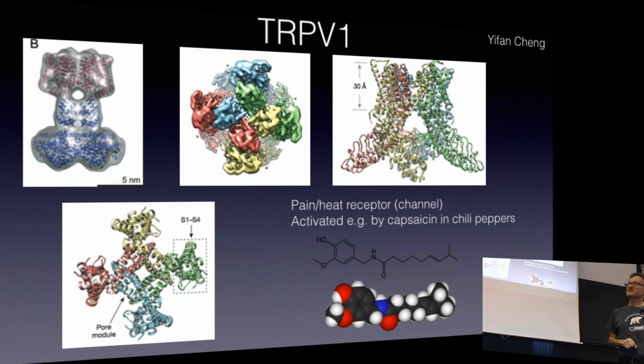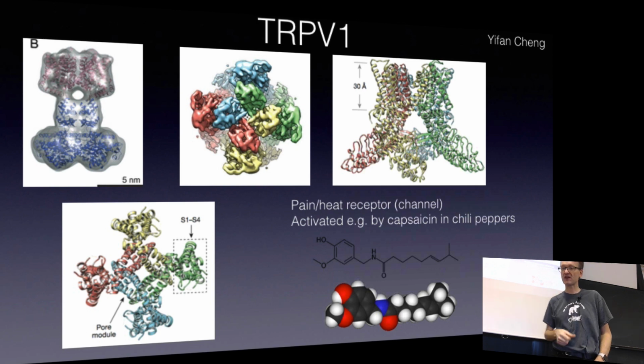We can find the binding sites. We can understand what these molecules do. And in particular, these molecules are actually pain and heat receptors. So if you're eating chili peppers, this molecule, capsaicin, binds to this channel and causes the channel to open. And that is how you sense pain or heat. And of course, there are hundreds of structures like this. Virtually every issue of Nature now has 1 or 2 high-impact papers with a new structure determined by cryo-electron microscopy.